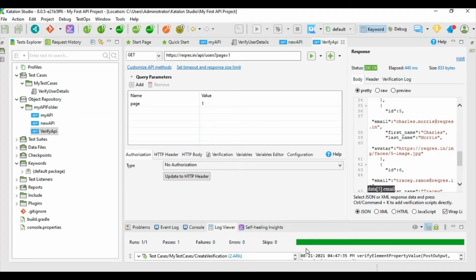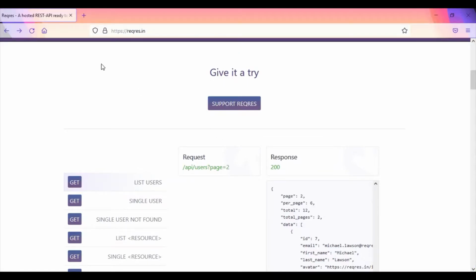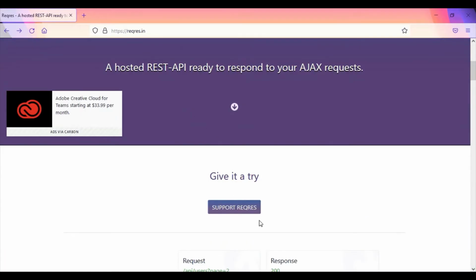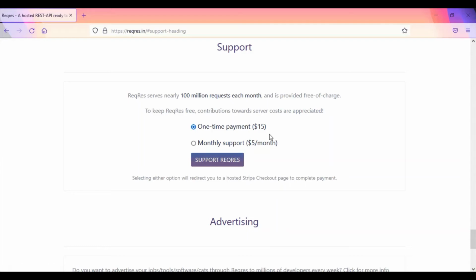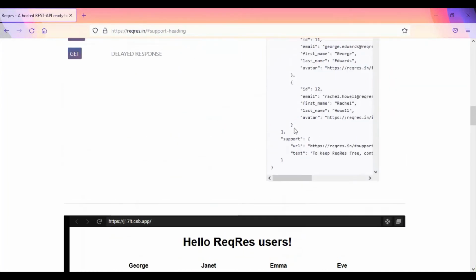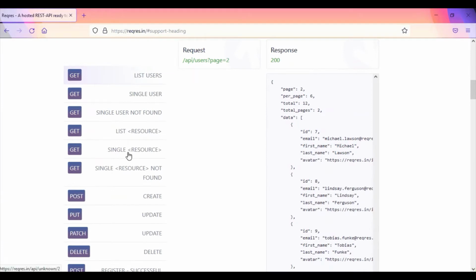For that, let us go to our website, ReqRes. That is a very good website for practicing. Please support this website; you can pay a monthly or one-time payment over there. Again, let us go to the requests. We can see these are all the GET requests.